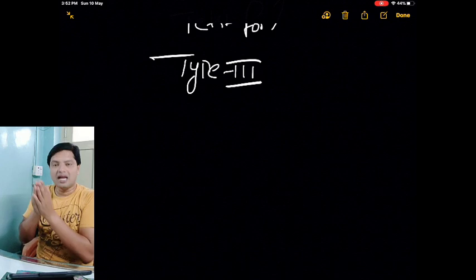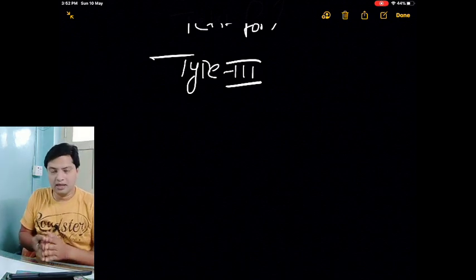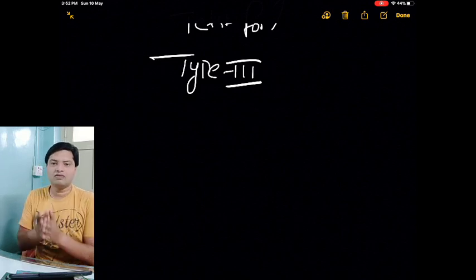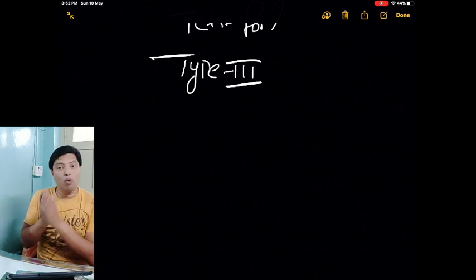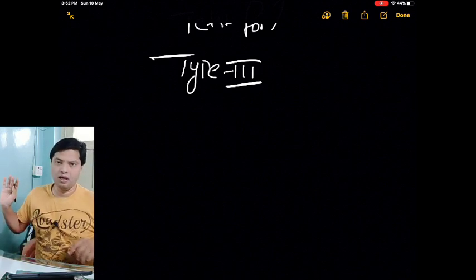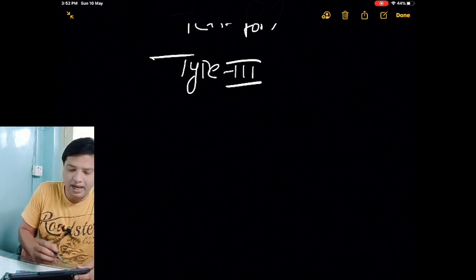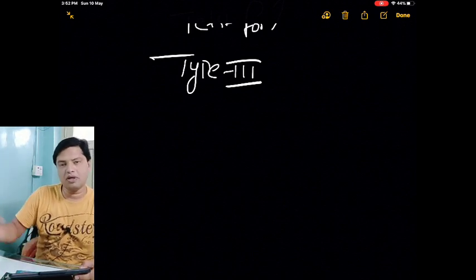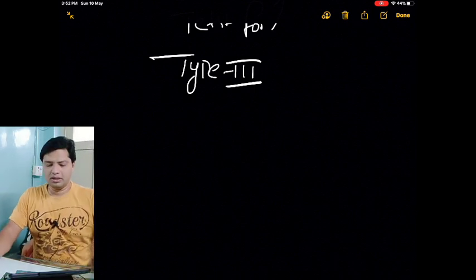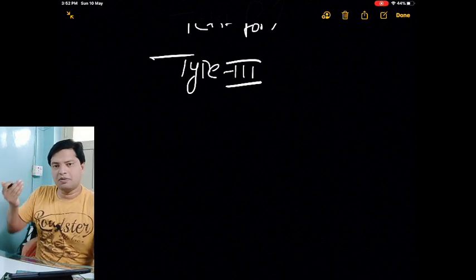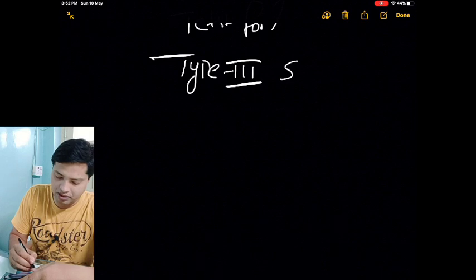If the glass is highly reactive, it will be categorized as type 4. If the glass is less reactive, it will be categorized as type 1. The glass which has less reactivity, we call type 1 glass. The glass which has more reactivity, we call type 4 glass. So depending on reactivity, glass is classified as type 1, type 2, type 3 and type 4. Type 1 is the least reactive, type 4 is the most reactive. To start with the explanation, we'll take type 3 glass, which we call general purpose soda lime glass.